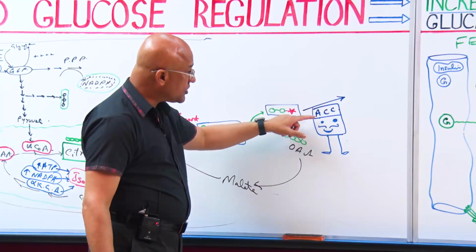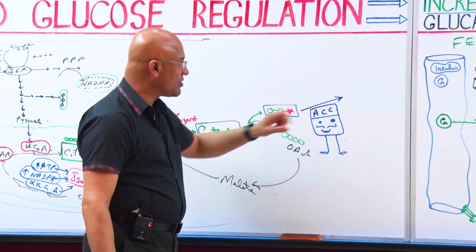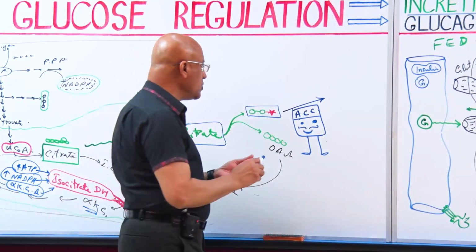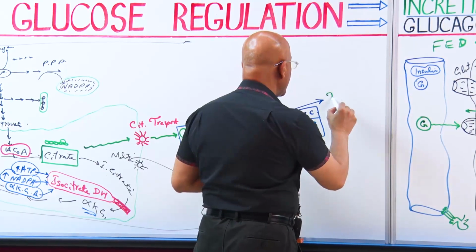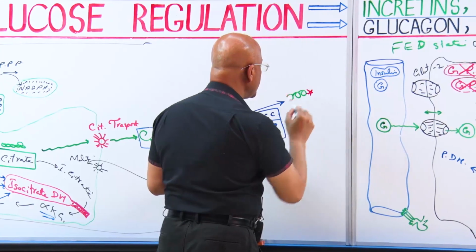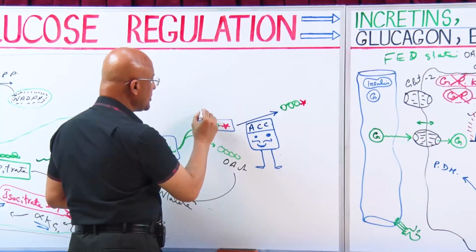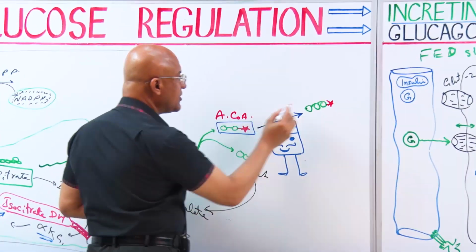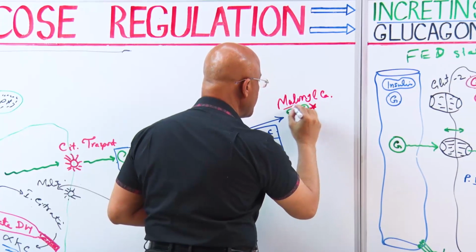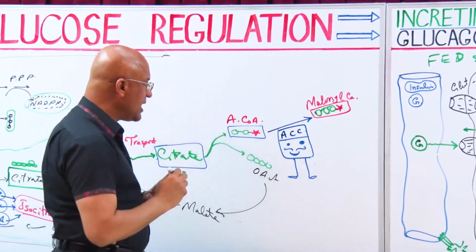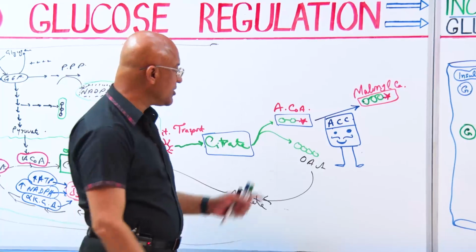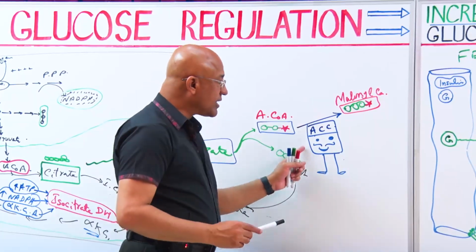Now this acetyl-CoA carboxylase basically adds a carbon unit to this and converts it into a 3 carbon unit, and that with CoA. So this was acetyl-CoA, and this is malonyl CoA. So in this way, malonyl CoA is formed, right? And this was done by which enzyme? Acetyl-CoA carboxylase.